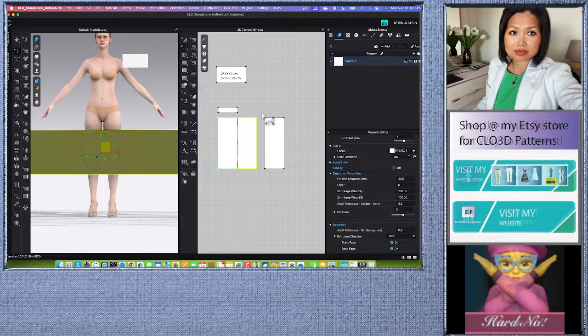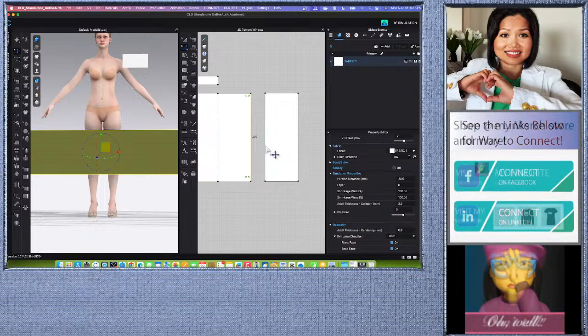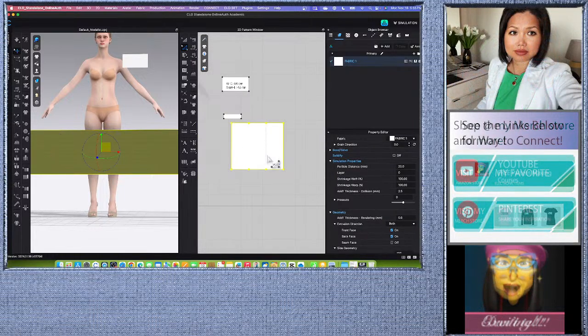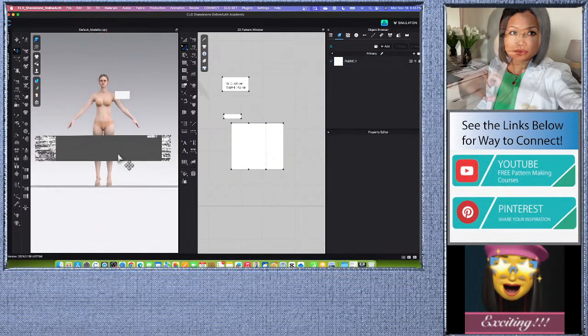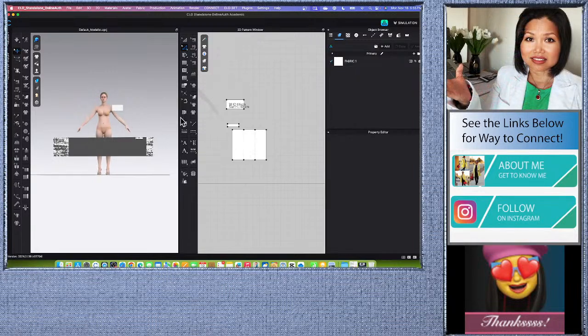Now let's say for this example, this one right here, I have to select this one and then press shift, select this one, right click, and then we want to select merge. Okay, so if you look at right here, it looks real like this, no problem. So all we need to do here, so first of all, let me